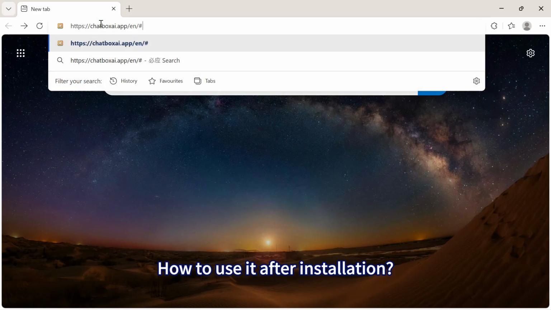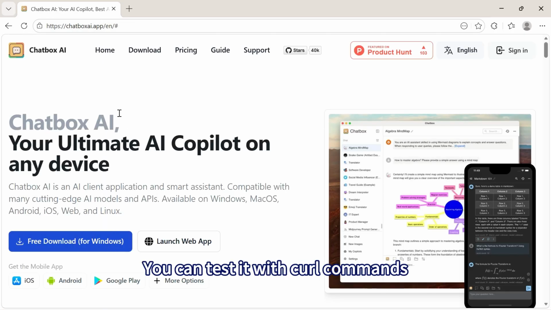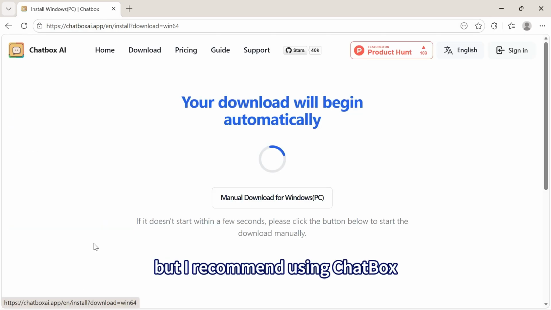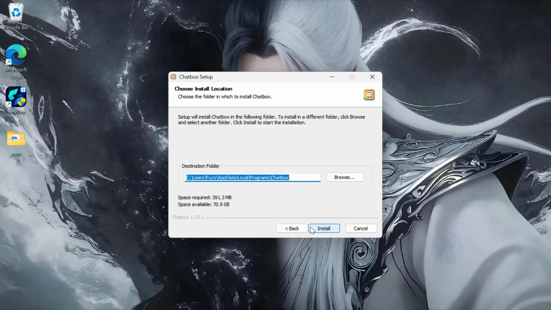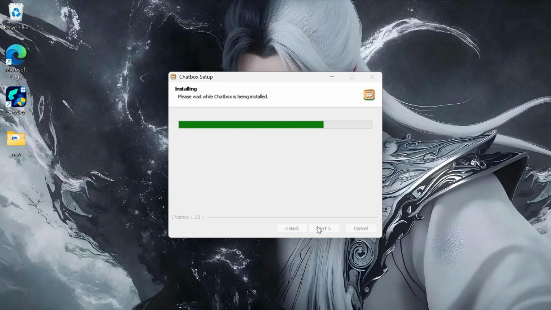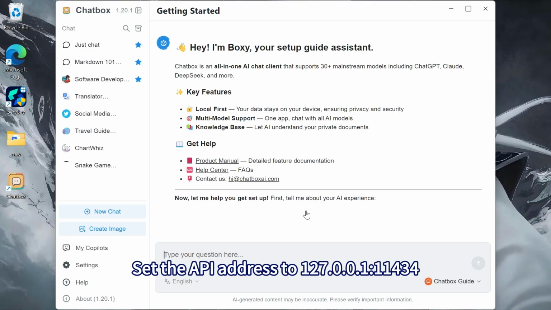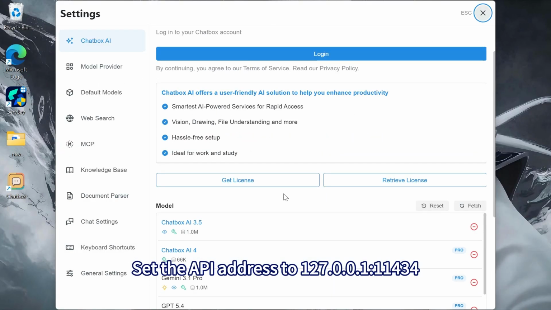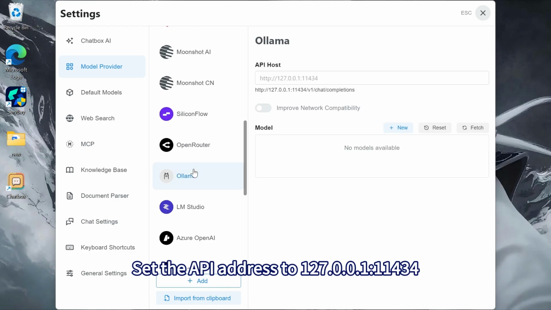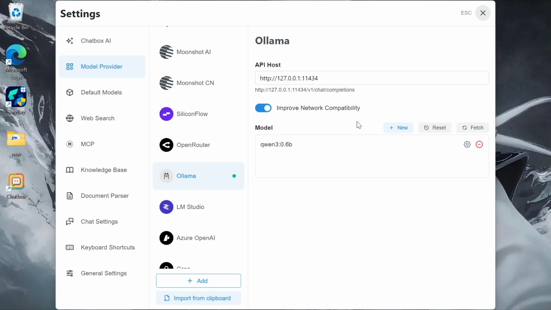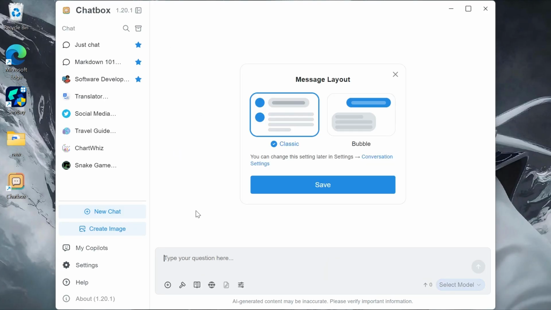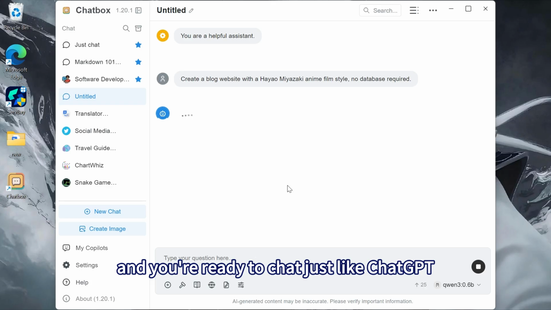How to use it after installation. You can test it with curl commands, but I recommend using Chatbox. Set the API address to 127.0.0.1:11434. Select your model. And you're ready to chat just like